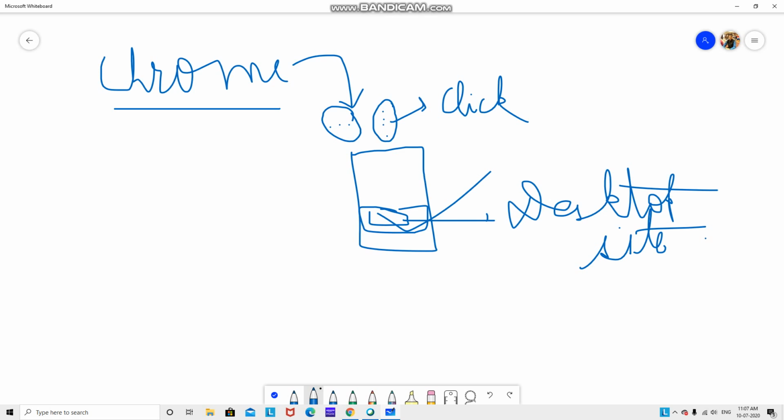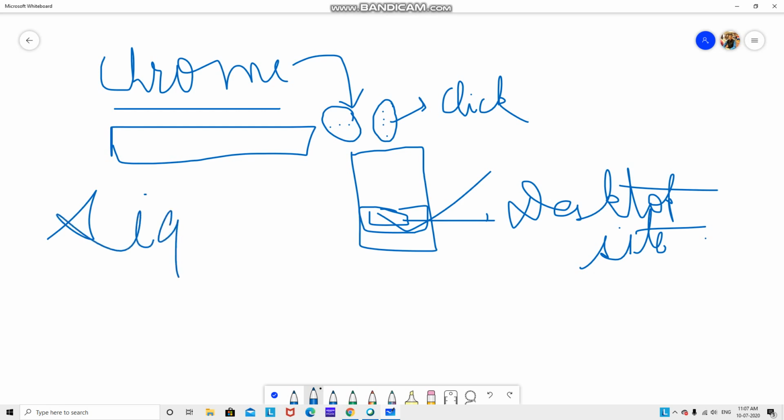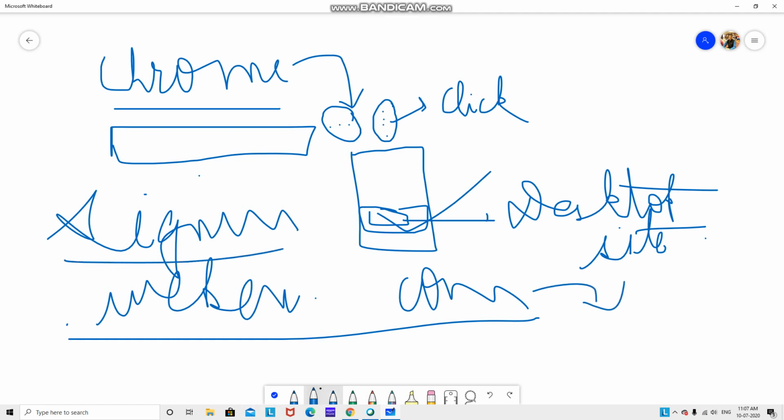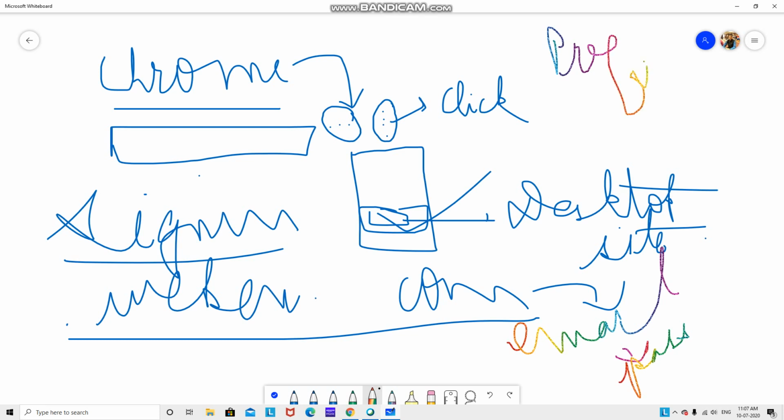In the search bar, search signin.webex. I will be providing this URL in the info. Then write your email address, sign in with your password, then go to your profile and edit. Simple.